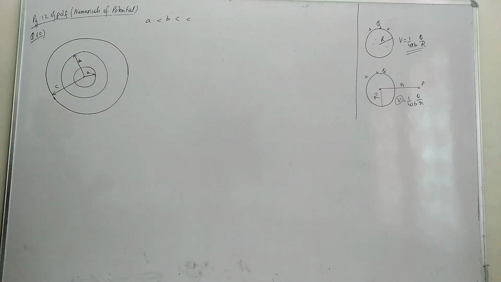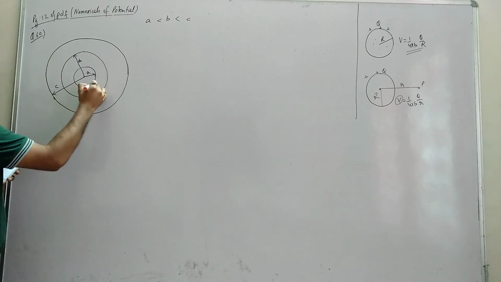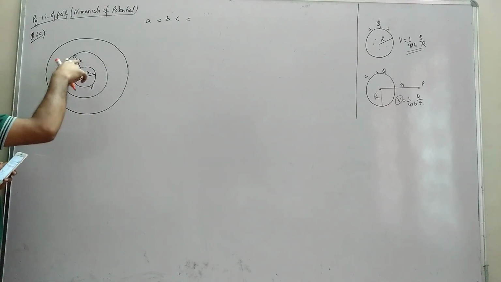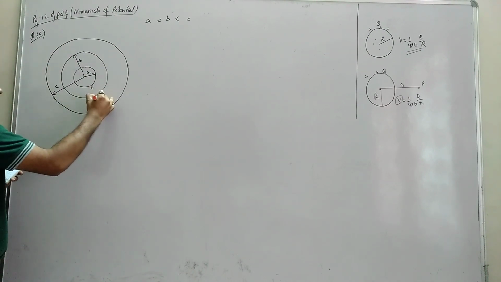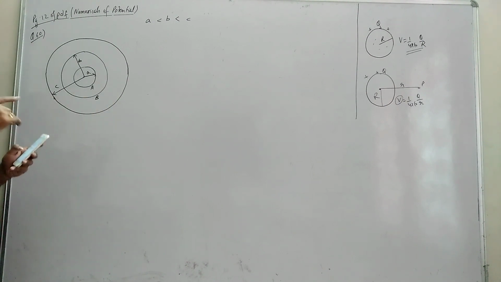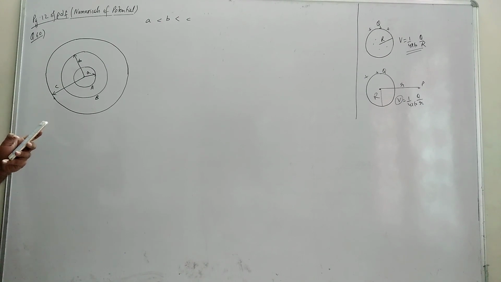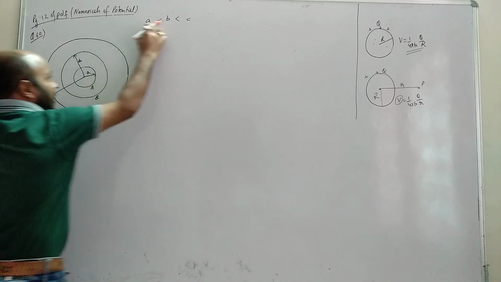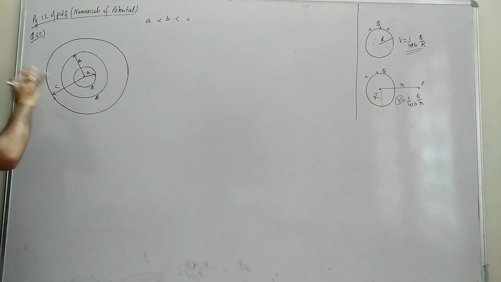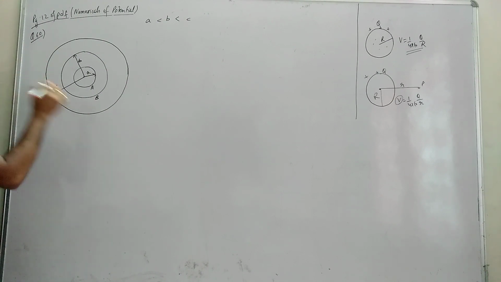Now we know that the smaller shell is named capital A. The shell of small b radius is named capital B. From the question only you can understand, not from the figure. See, shells A, capital B, capital C of radius small b, not C. Now, from this expression we understand that the bigger one is small c. That means the shell of small c radius is named capital C.